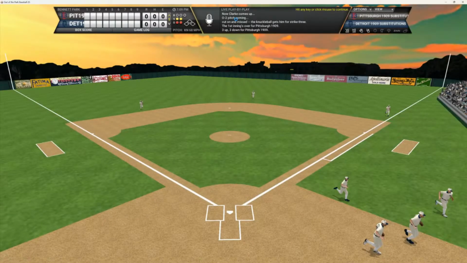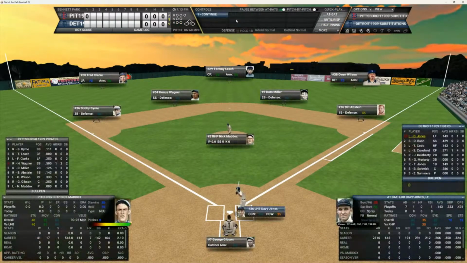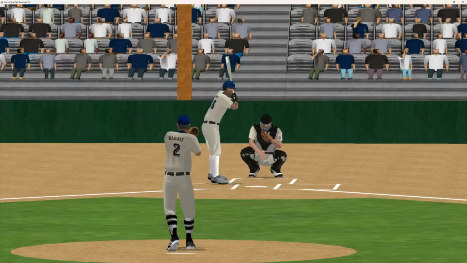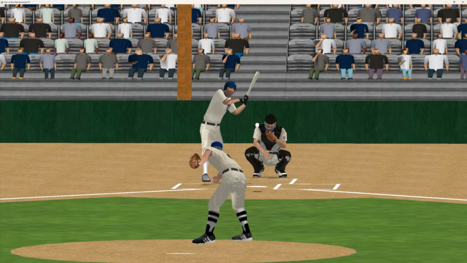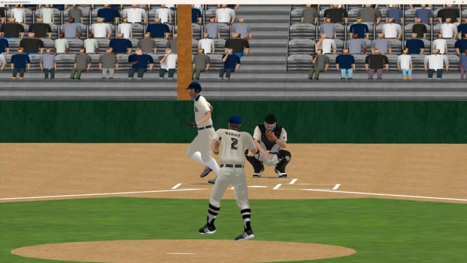Tigers coming to bat with Jones, Bush, and Cobb. Davy is 1 for 7 with an RBI, batting .143. And this is Nick Maddox's first appearance of the series. And here's the pitch to Davy Jones. And that ball is hit in the left field. That's going to drop in for a base hit. And just like that, the Tigers get the leadoff batter aboard.